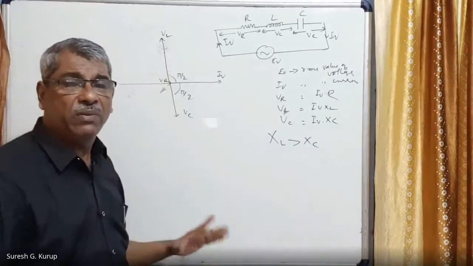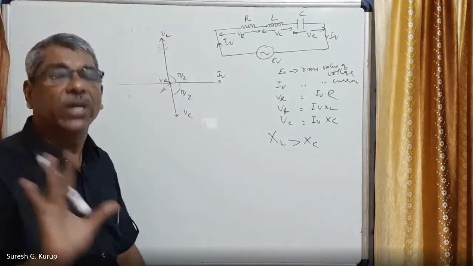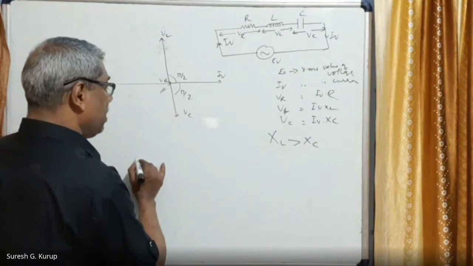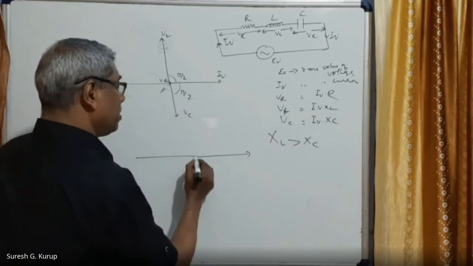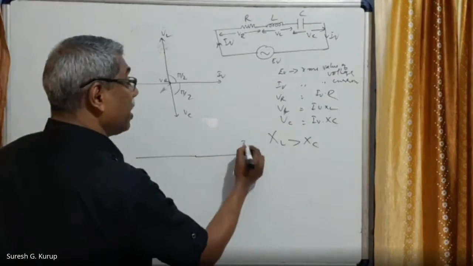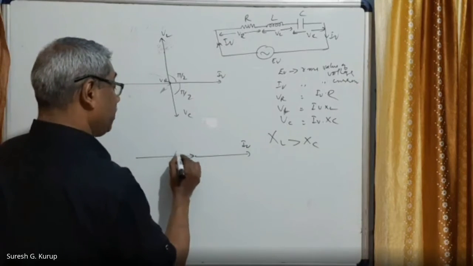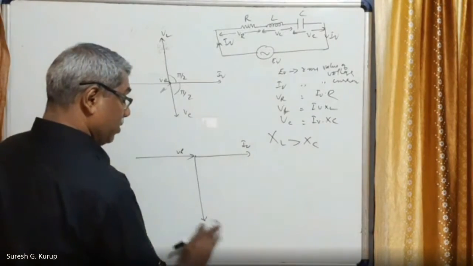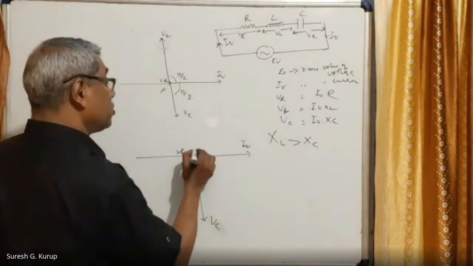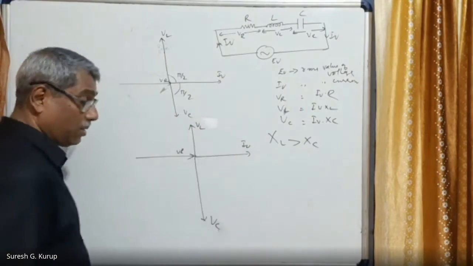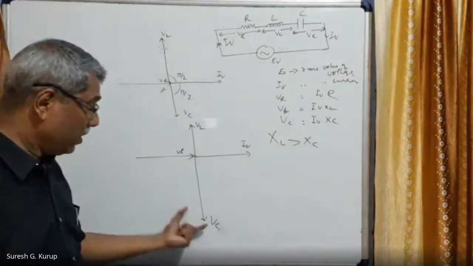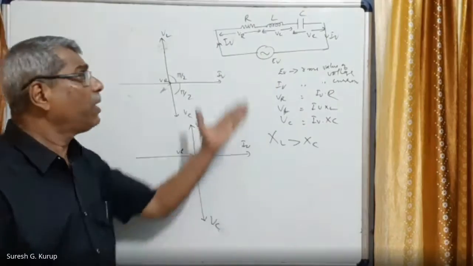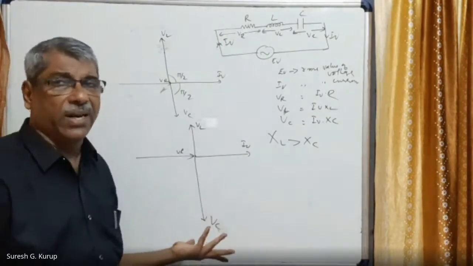So in this condition, what we are taking is that this is an inductive circuit, right? If it is a capacitive circuit, then also we can write the phasor diagram like this. If it is a capacitor circuit, this is IV and this is VR. This is XC, and XC must be what is called VC, and this is VR. So VL is short and VC is large, right? So for an LCR circuit, we can have two phasor diagrams.